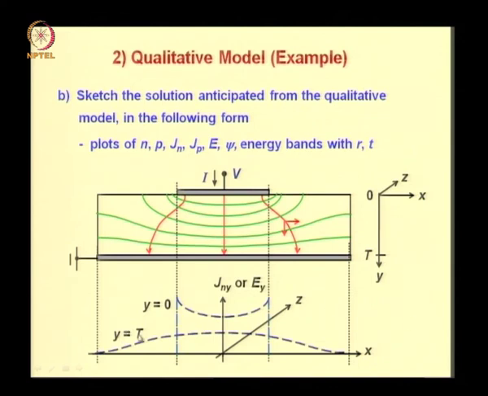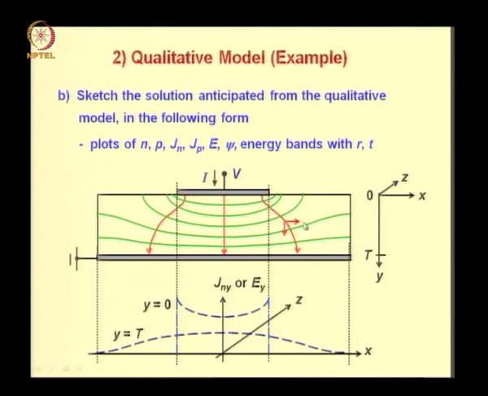At y equal to t, however, the shape of the current density distribution is opposite to that at y equal to 0. Here, as you move towards the edges, the current density falls down to 0. This is because you can see from the flow lines that as you move away from the center, the length of the flow lines goes on increasing, and therefore the electric field at this point near the bottom contact goes on decreasing, because if you integrate the electric field along this line, which is also the electric field line, then you should get the voltage V.